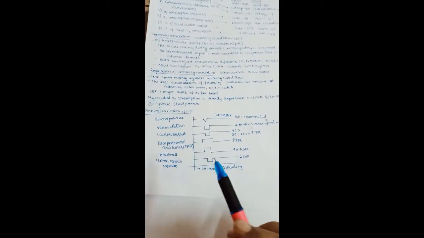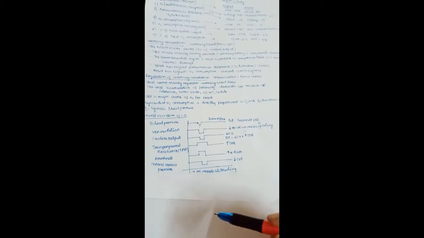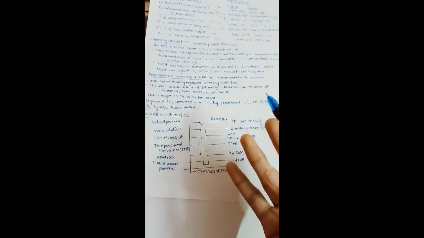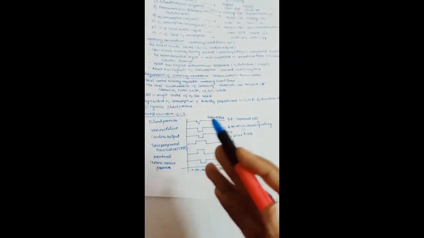And heart rate increases. So you can see among all this, everything decreases, only heart rate and total peripheral resistance increase. So this is important. While you are changing your position, especially when you are sitting and suddenly standing, only your heart rate increases and only your total peripheral resistance increases. All the remaining things decrease, like central venous pressure, cardiac output, venous return, and blood pressure. So all these are decreasing.